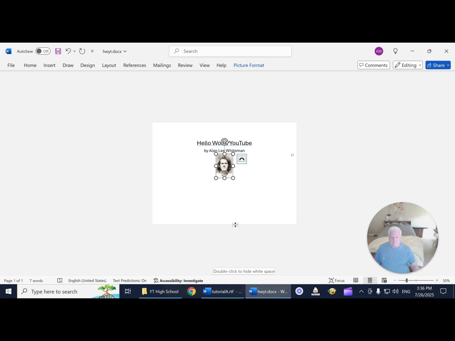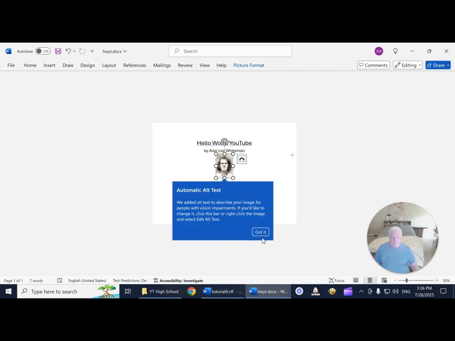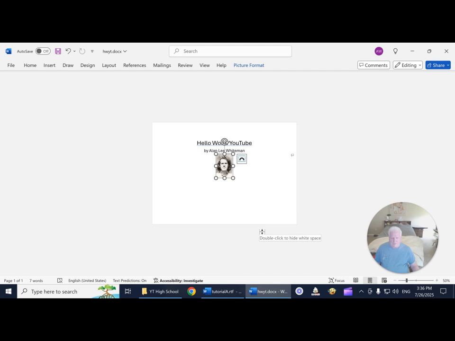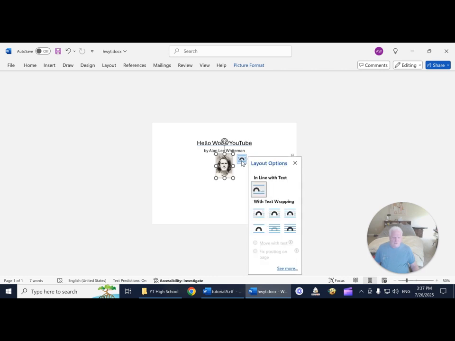Annoying comments from Microsoft Word. Got it. It's really annoying. The little dots around the picture are for grabbing, and this allows you to do panning, warping, and rescaling, and so on. I'm not particularly interested in doing that right now. What I do want to do is work with this little thingy here that's going to go away shortly, and it's the selection for how text wraps around this picture, and we're doing no real fancy wrapping, so I'm just going to select inline with text